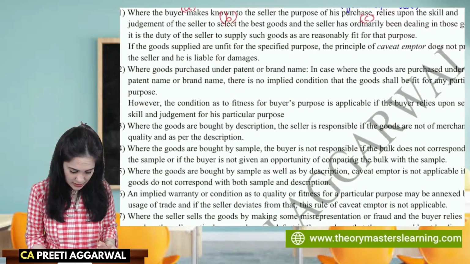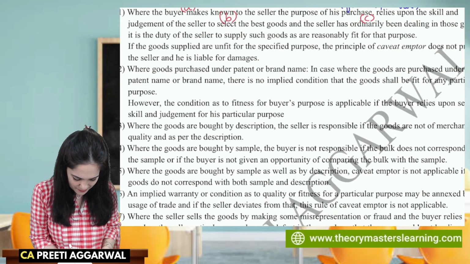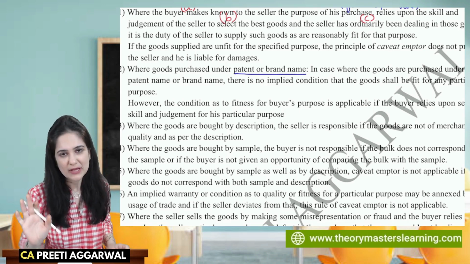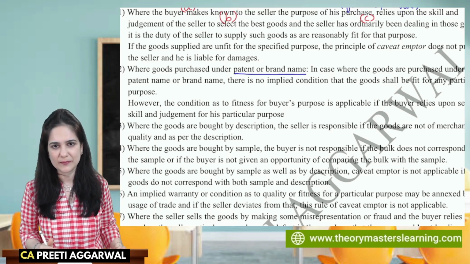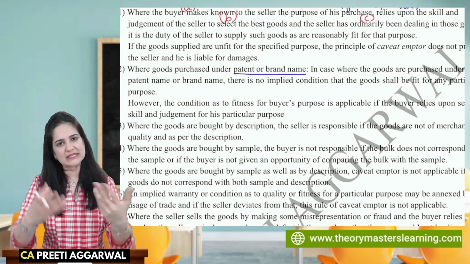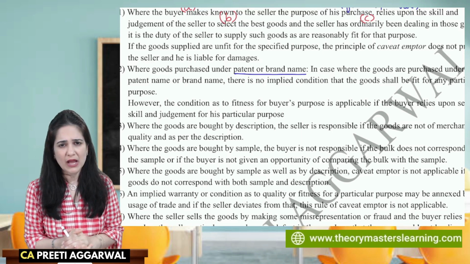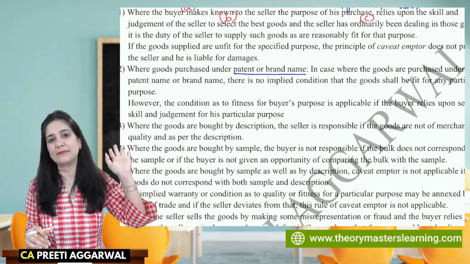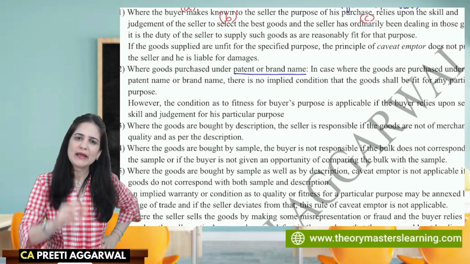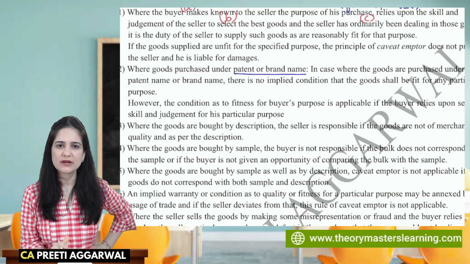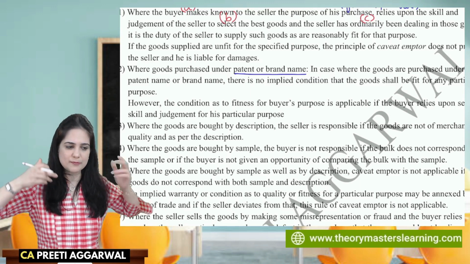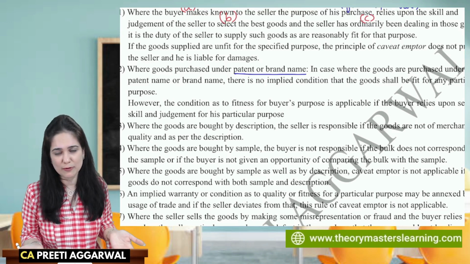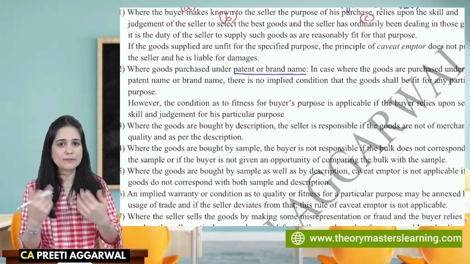Where the goods are bought under brand name or patent name. See, if you are buying the goods under brand name or patent name, it is actually the duty of the buyer. Like, I went to the shop and I asked for Bonvita. The seller gave me a bottle of Bonvita. I consumed many bottles, but I found no improvement in my health as was claimed in the advertisement. Can I blame the seller? Can I blame the shopkeeper for it, that you gave me a health drink which did not provide me with any health benefit? I relied upon the trade name, the patent name of Bonvita. I cannot blame the seller.